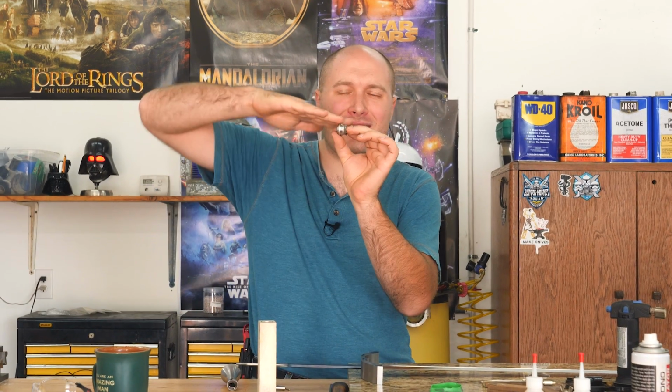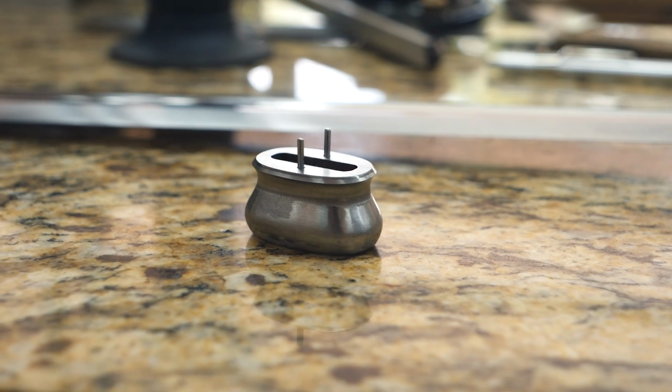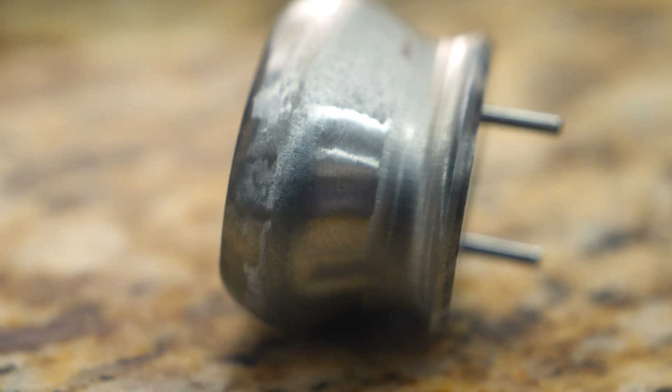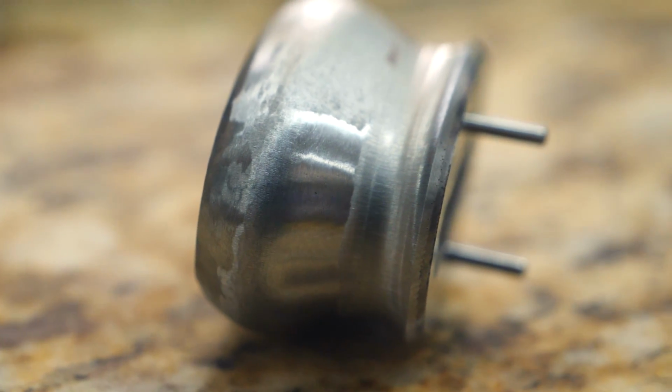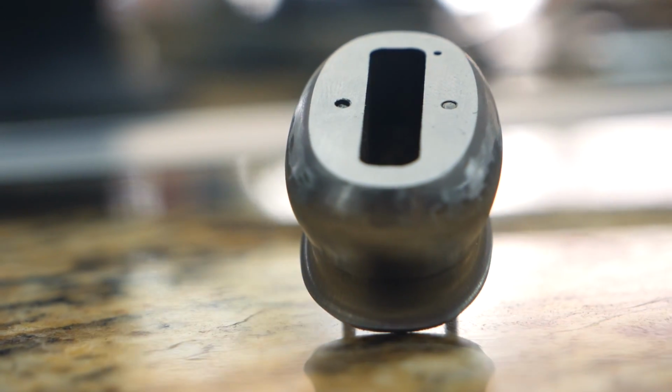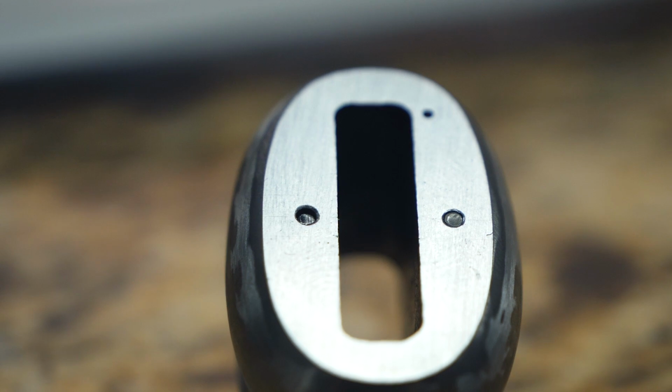I finally finished shaping the front spacer. It actually took me quite a few hours to get it completely shaped. There's a lot going on in this. It just doesn't have flat sides on it. We've got a little bevel and then it's got all these curves and stuff to it. So it took me a while just to get everything roughed in and get it accurate and symmetrical and even all around. And then it took even longer to round everything off because we had all these bevels